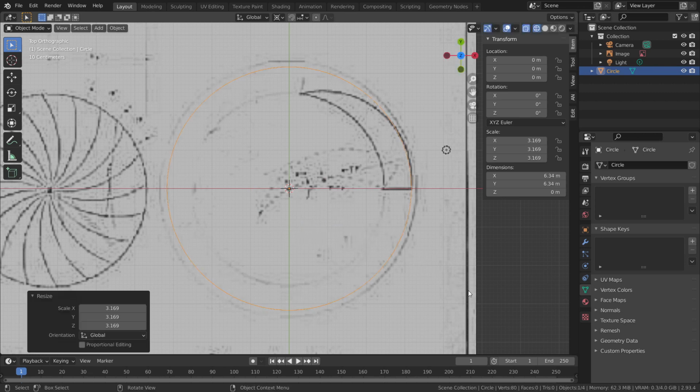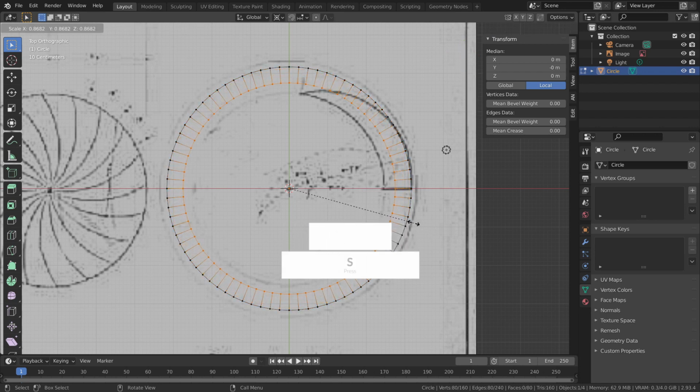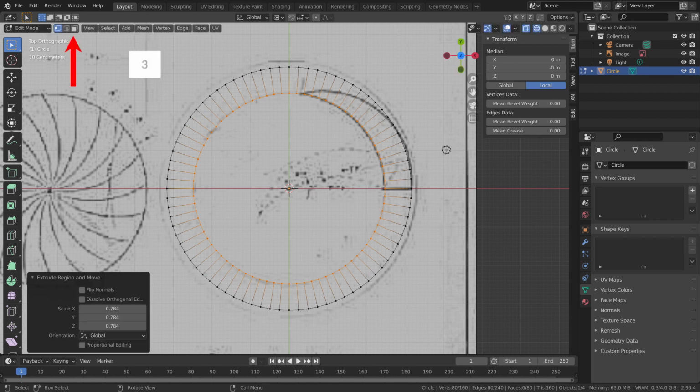It's enough. Now let's go to edit mode. Press Tab as a shortcut. Now E for extrude and S to scale it inwards, and we will match this corner. We will match this arc over here. It's enough. Okay, now press 3 to go to